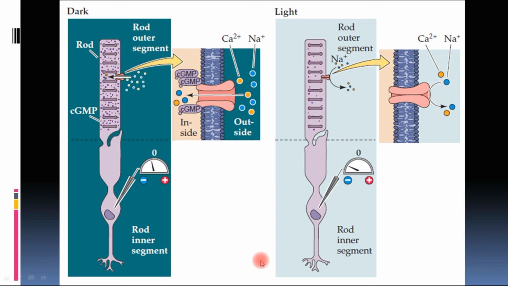So this is again the same diagram showing that in the dark the process is going on and the sodium channel is open, but when the light occurs, the sodium channel gets closed and the positive ions do not come inside, resulting in a more negative potential. As you can see, the negative potential becomes more, which is hyperpolarization. So this is the main feature of rods, and this is how the rods convert the light stimulus into an electrical stimulus, light energy into an electrical signal.